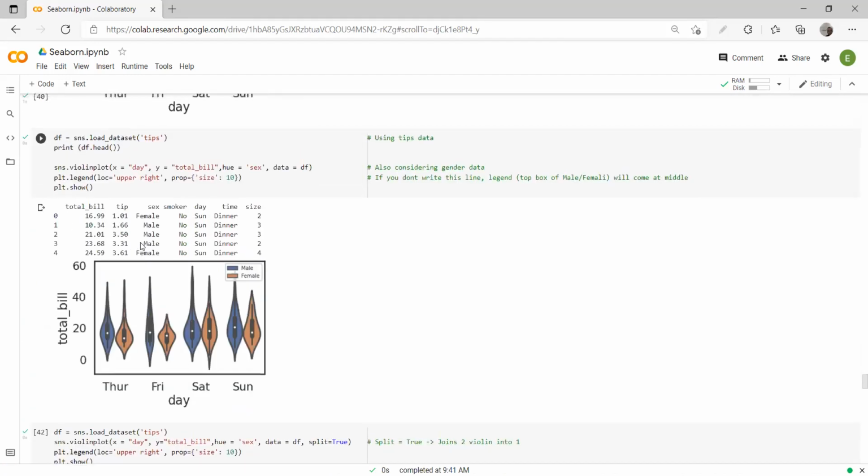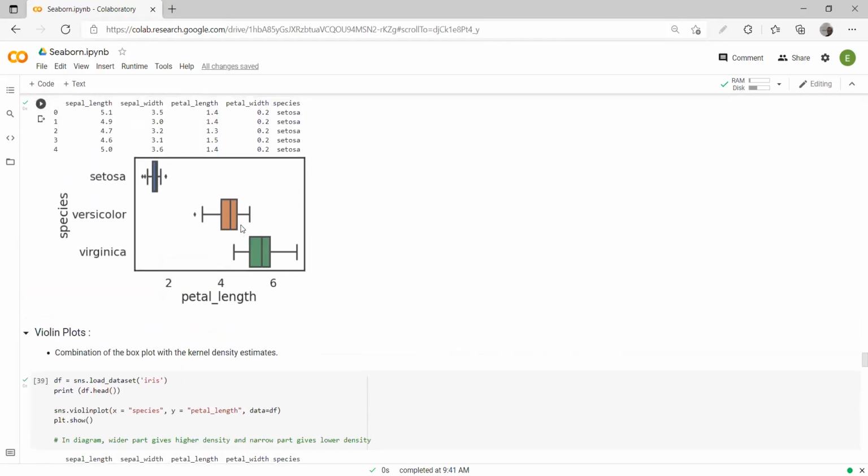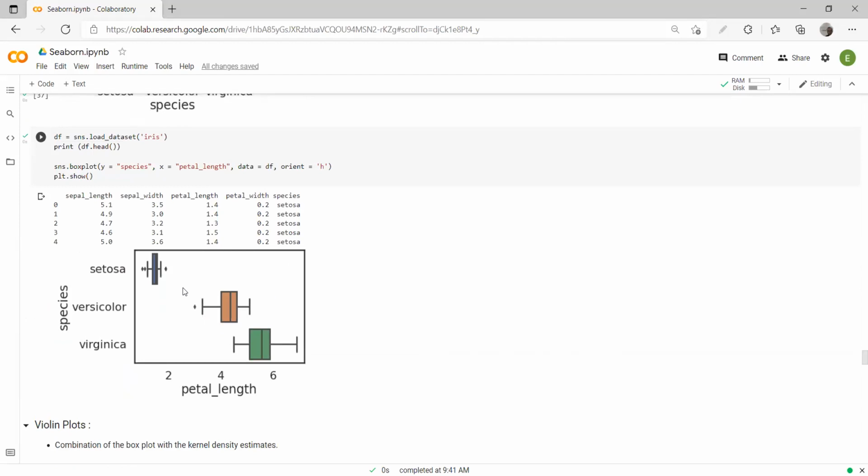violin plot, and yesterday we had discussed that the box plot or violin plot is extensively used, especially the box plot, to find out the outliers so that you can do something without outliers, right? Maybe remove that particular row from the data itself because that is not giving the actual picture of the things.